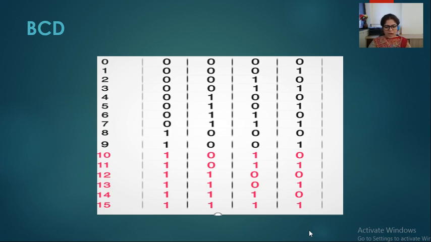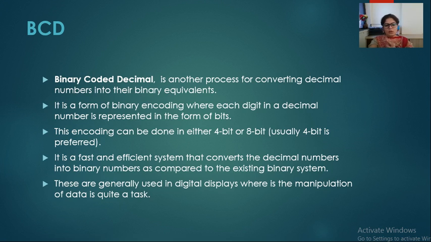After that number, we cannot represent any decimal number directly with BCD, because the formula is 2 raised to power 4. The base of binary number system is 2, and we are making use of a 4-bit combination. So 2 raised to power 4 is equal to 16, and we can make only 16 combinations. This is how we can represent any decimal number in BCD code directly with a combination of 4 bits.